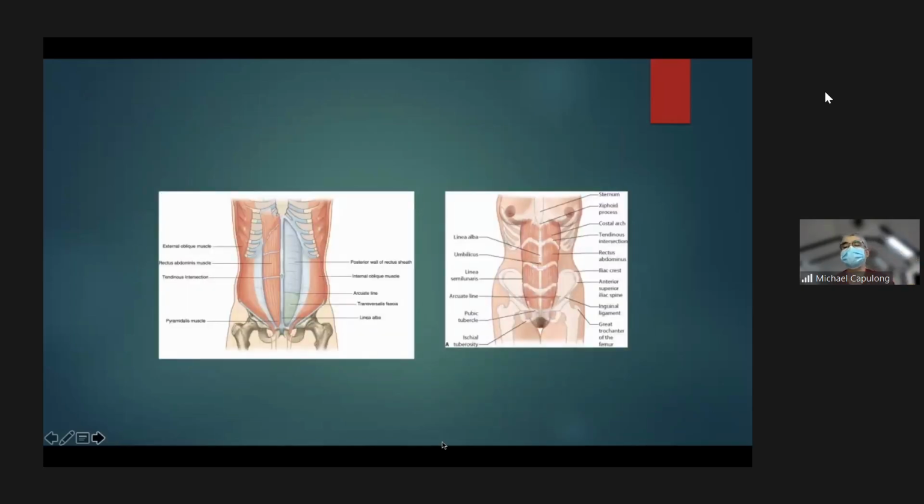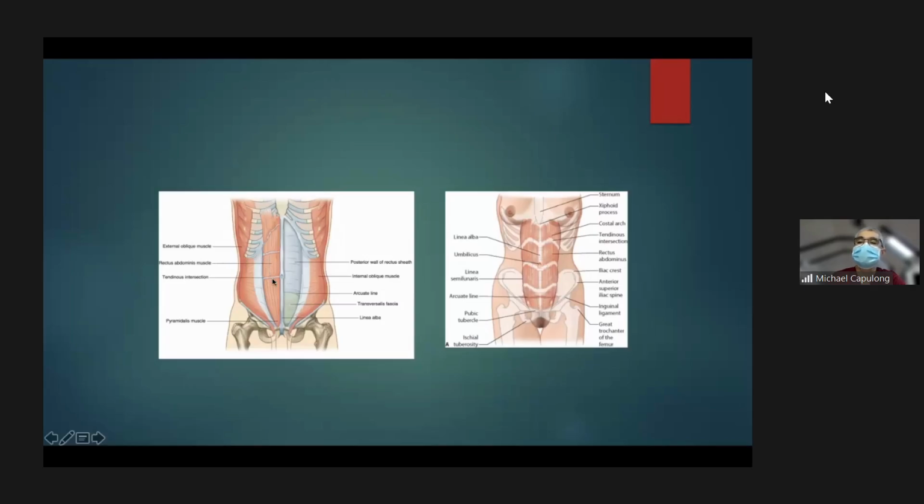So the next set of structures that we can make use of are your soft tissue markings, or your soft tissue structures. Very prominent would be the vertical muscle that you see in front of the abdomen. And this vertical muscle, your rectus abdominis muscle, which is a paired structure, is